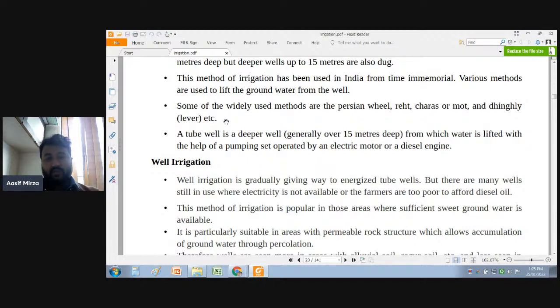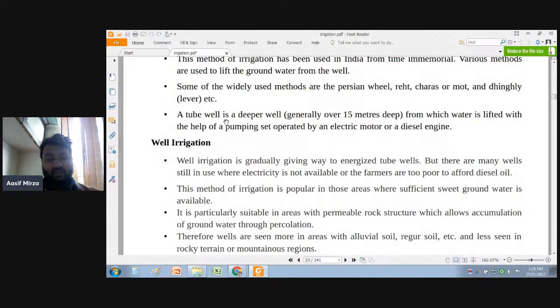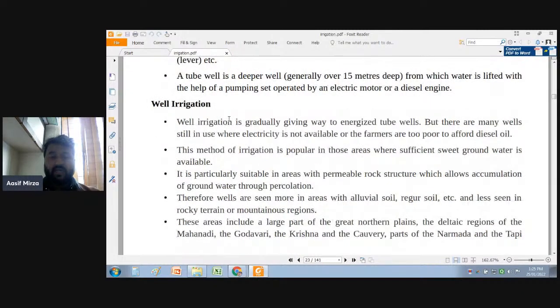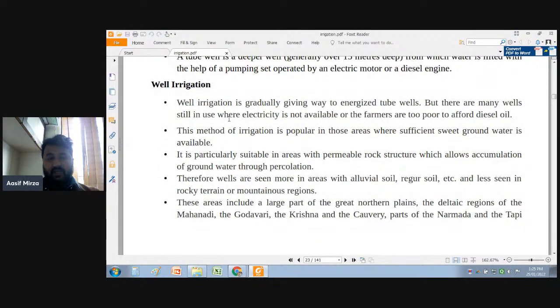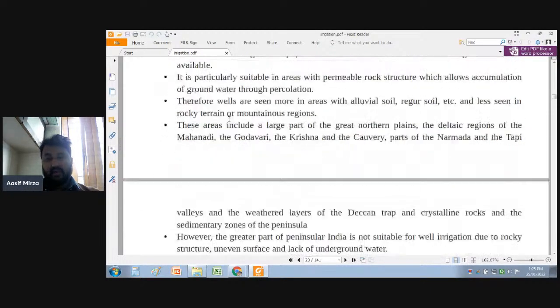and this method of irrigation is popular in those areas where sufficient sweet groundwater is available. It is particularly suitable in areas with permeable rock structure, which allows accumulation of groundwater through percolation. Therefore, wells are seen more in areas with alluvial soil, regur soil, etc., and less seen in rocky terrain or mountainous regions. These areas include a large part of the Great Northern Plains, the deltaic region of the Mahanadi, the Godavari, the Krishna, and the Kaveri, part of the Narmada and the Tapi